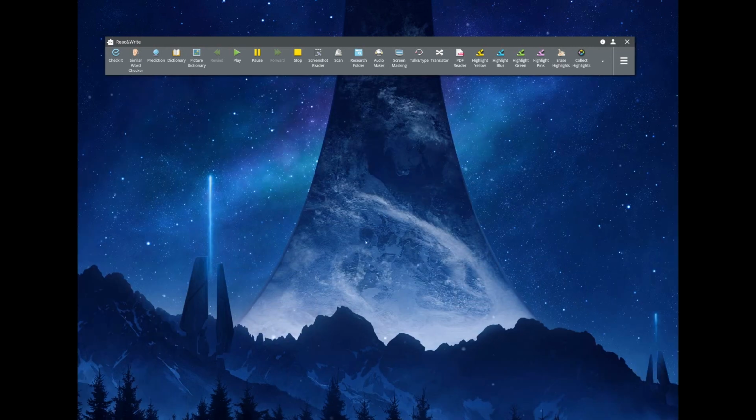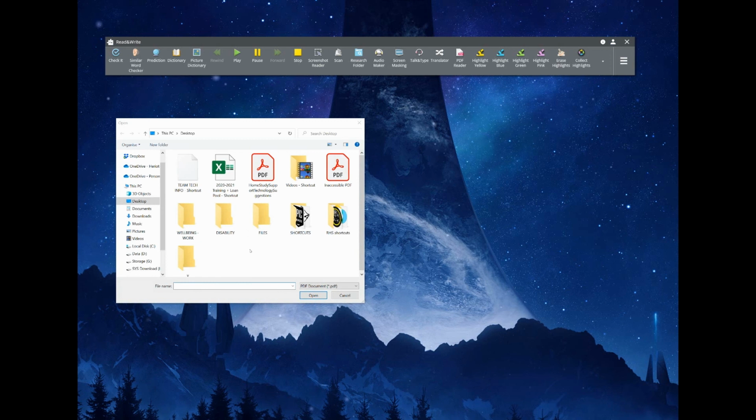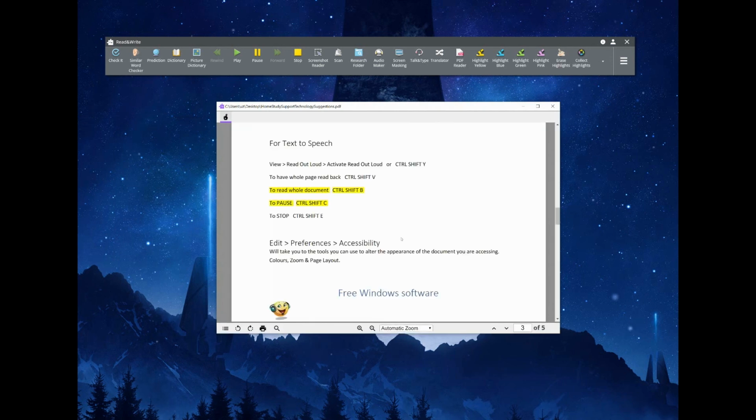Finally, what I'd like to show you is how to use them with a PDF file. Slightly different this time, because the first thing that we do is use PDF Reader. Then we navigate to the PDF file that we want to use. And because I'm viewing this PDF file through Texthelp's own PDF Reader, I can make highlights to the document,